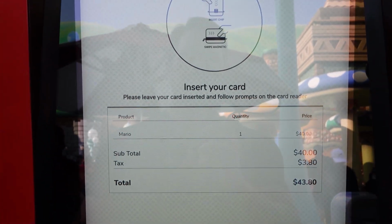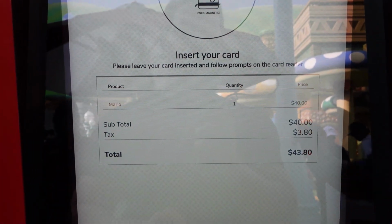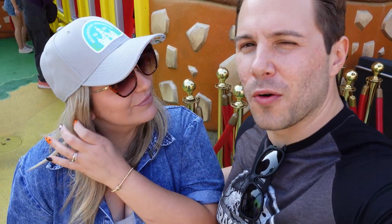Oh my god. Jeez, it's $40? It's a little much. Since we just spent over $100 on food, I think that the band was just a little over our budget. But